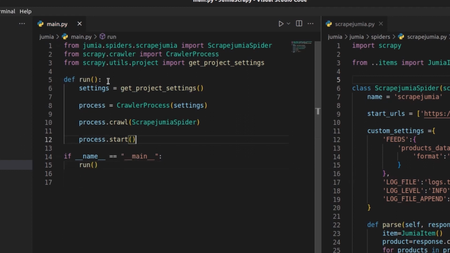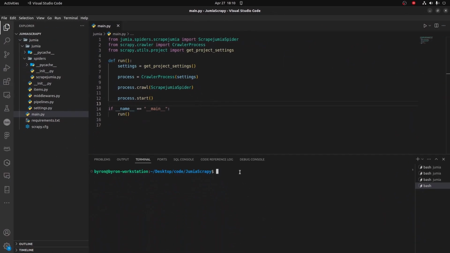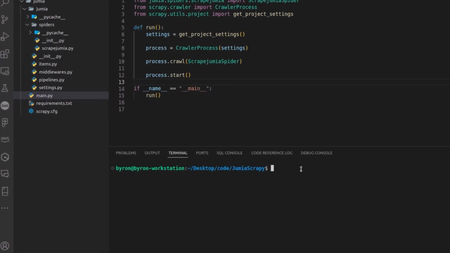So what this function does, it gets the settings of our Scrapy project and executes our crawler. The next step will be to test it to see if it's working correctly, if it will output the data we need,